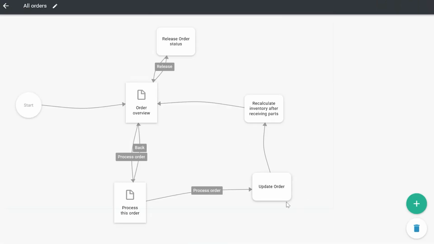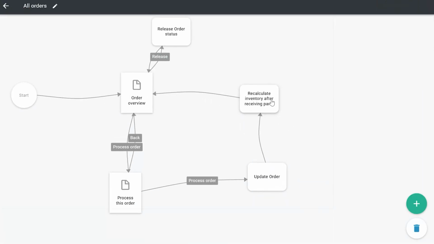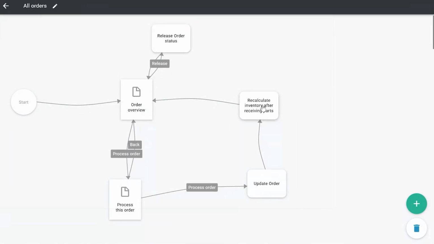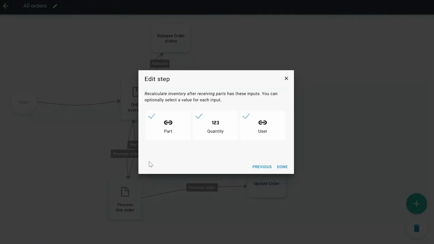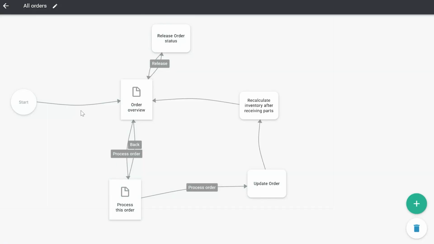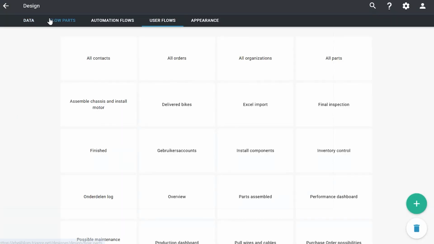Like I said, I didn't change anything into the functionality of the user. So actually, I only changed stuff at the flow parts. Well, I do have to find the right flow part. So let's go to the user flows first. I added a specific flow part to it, which is called recalculate inventory after receiving parts. Well, it has multiple inputs, the part, the quantity, and the user. And if I would go to this flow part,